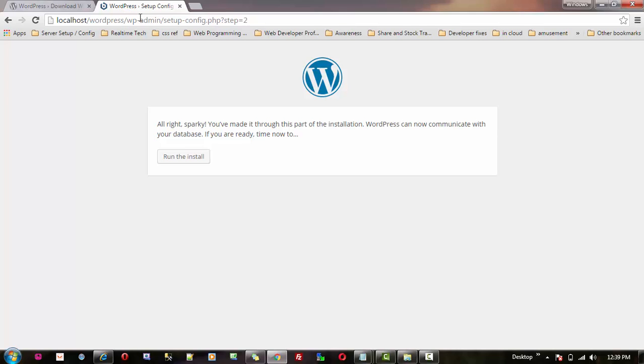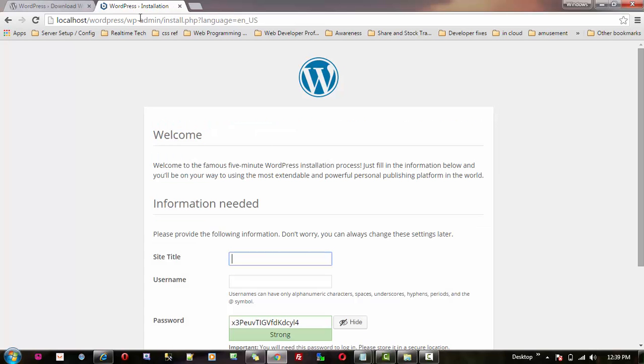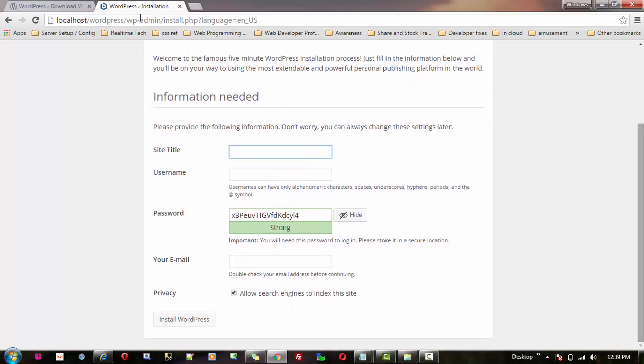Now we have two options. Okay, sorry, we need to run the install first, so we have to click this button. Okay, now this is the screen where you need to provide some default information